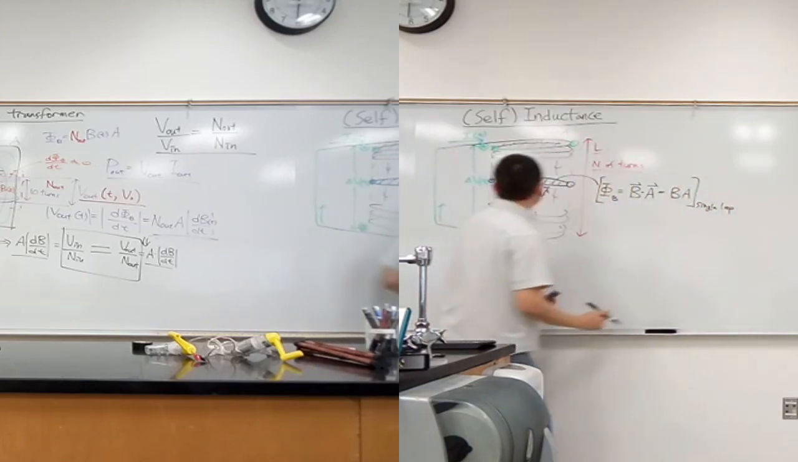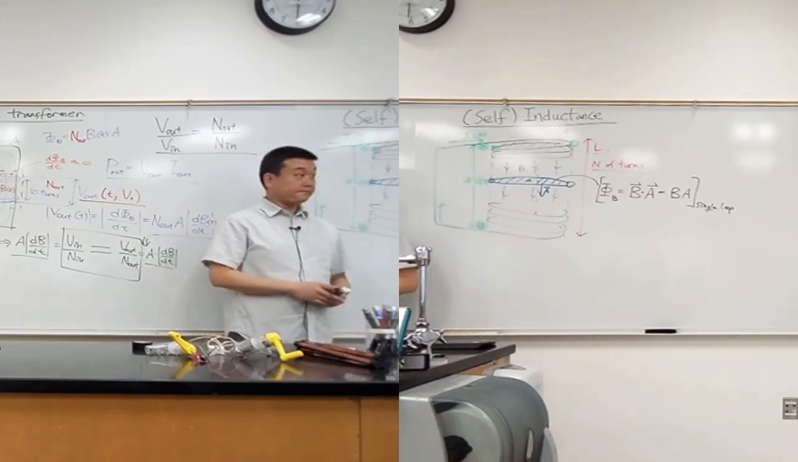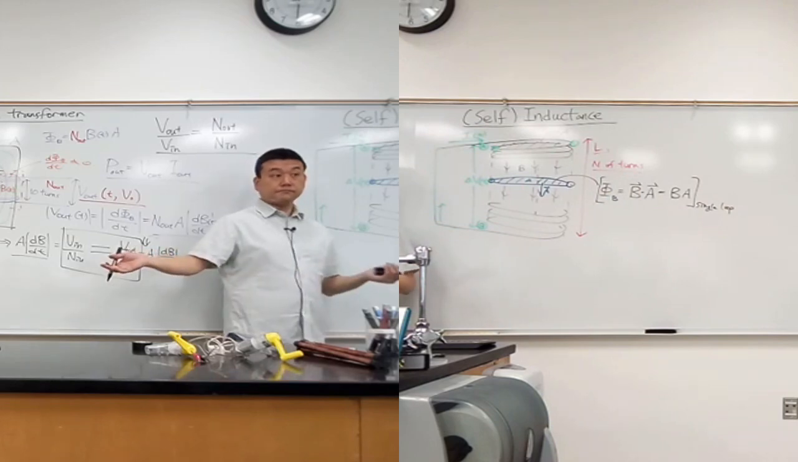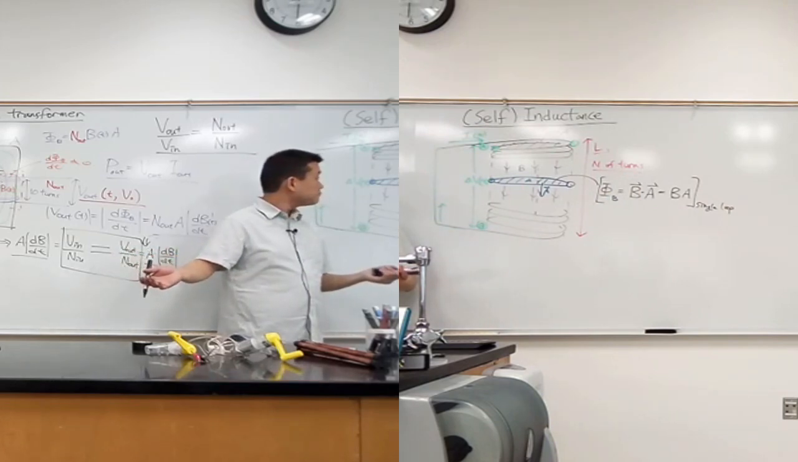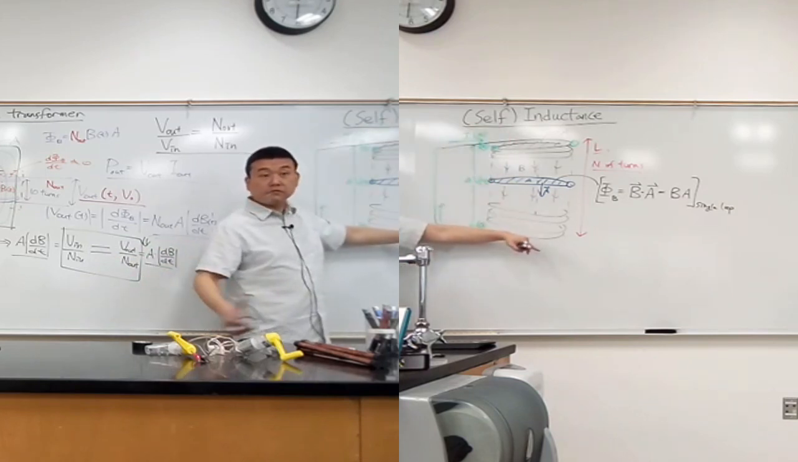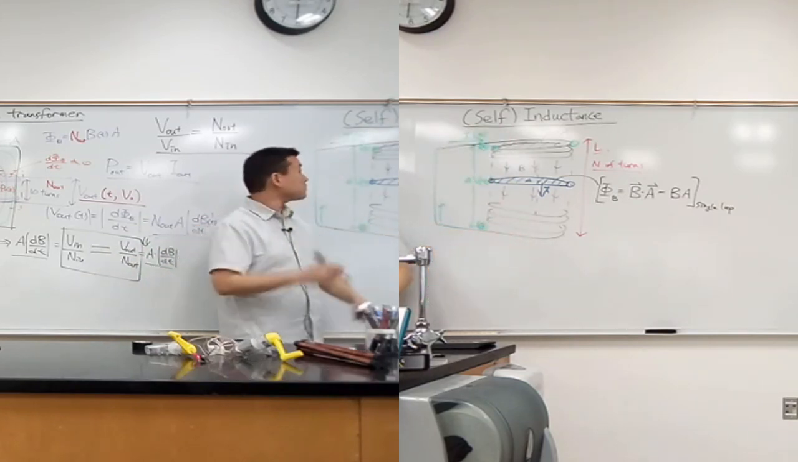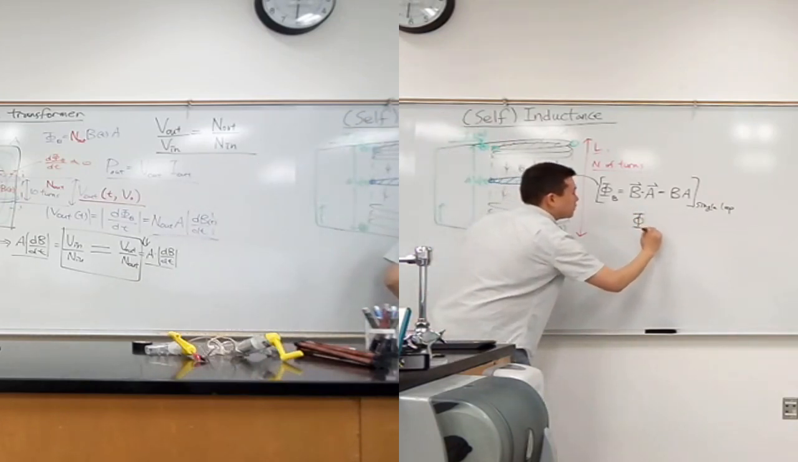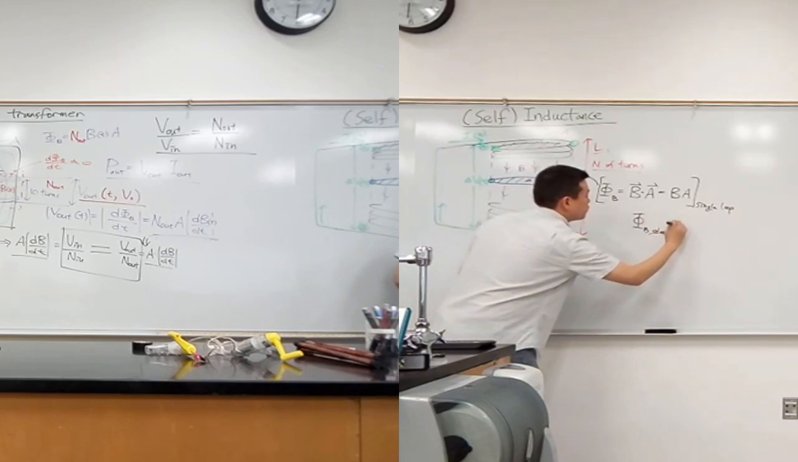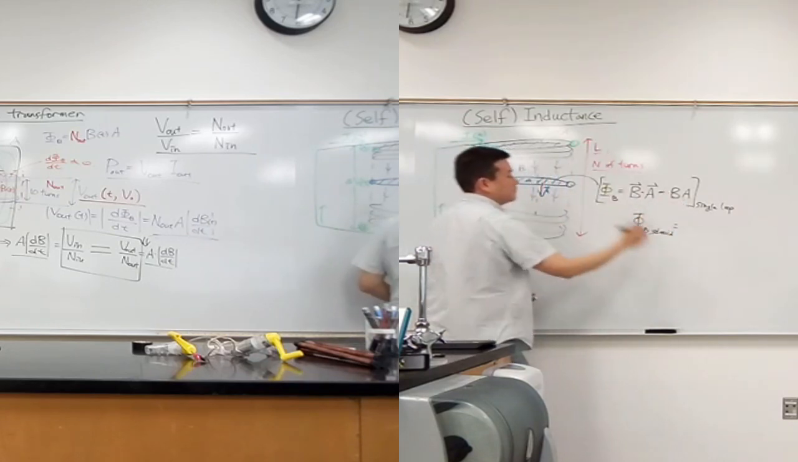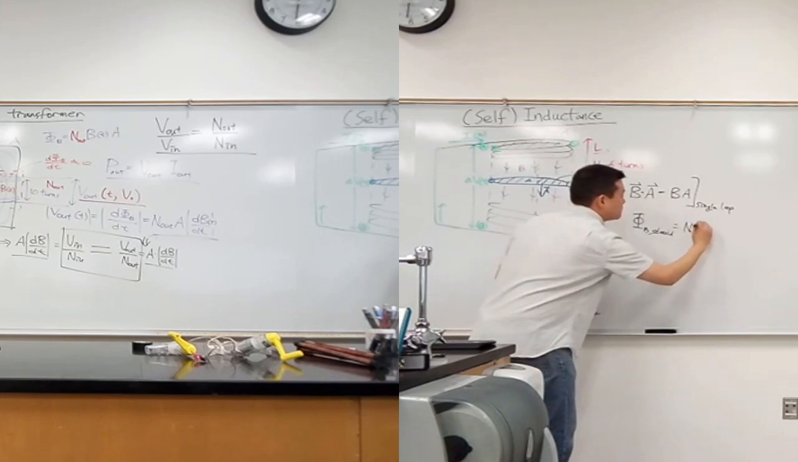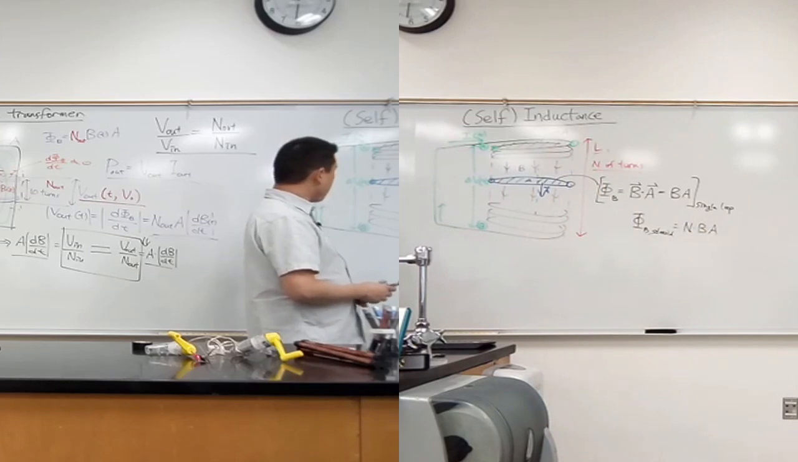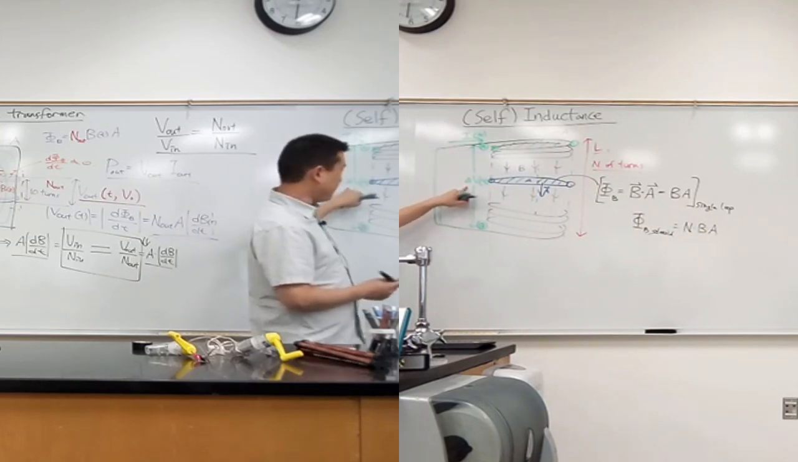So what do you think the flux is through the entire solenoid? Number of turns, right? With each loop, you pick up additional flux. So for the entire solenoid, the magnetic flux is going to be equal to this times N. So N times BA. All right. So this induced voltage here, delta V